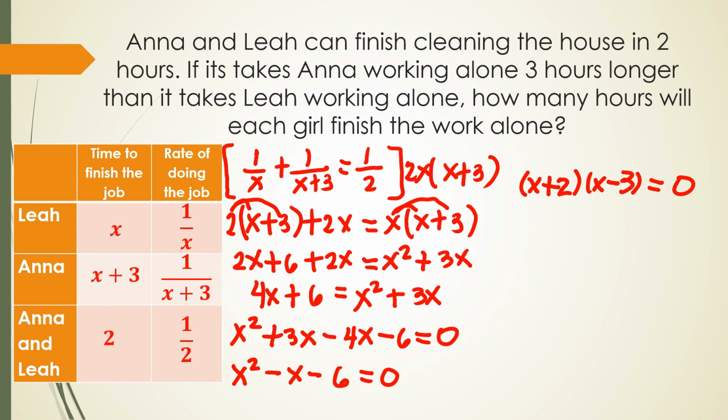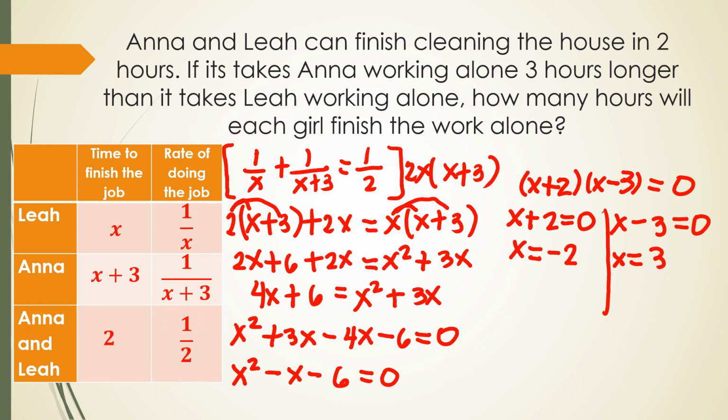Okay? Next is to use the zero product property. So, equate each factor to 0. So, we have x plus 2 is equal to 0. Then, x minus 3 is equal to 0. So, by using APE, x plus 2 is equal to 0. This will become x is equal to negative 2. X minus 3 is equal to 0. We have x is equal to positive 3